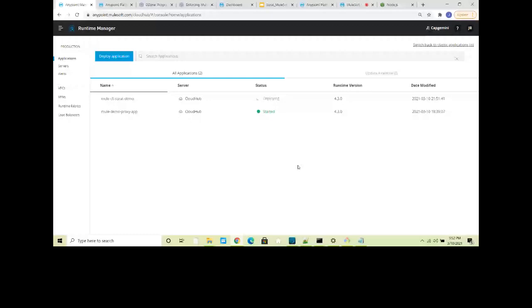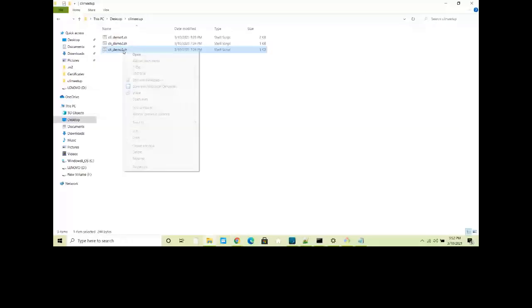So now let me show you a third demo. In the third demo, basically I have two servers, and I want to set up a cluster between those servers. How can I do that? So let me open my third demo. I will give all these scripts to you.